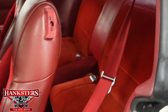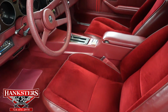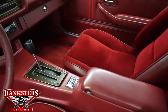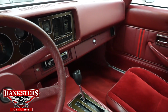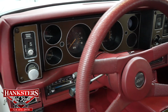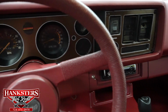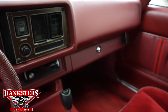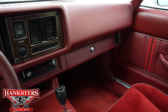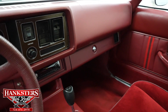You've got all your seat belts, front and rear, your full length center console with the automatic floor shifter. If you take a look at the dash, all the instrumentation there, that is all factory instrumentation. It does in fact still retain the factory or OE air conditioning as far as the controls and all the stuff under the hood. It does also have an aftermarket Pioneer AM/FM CD player in there, and it's got some